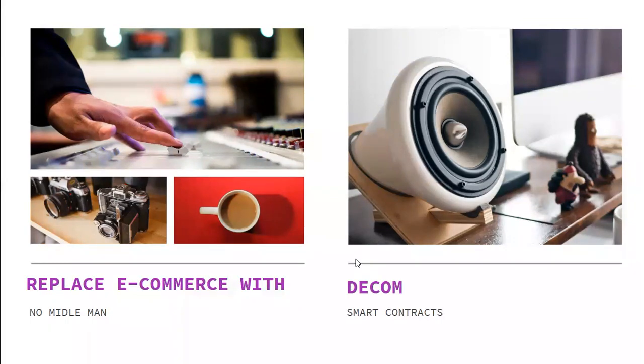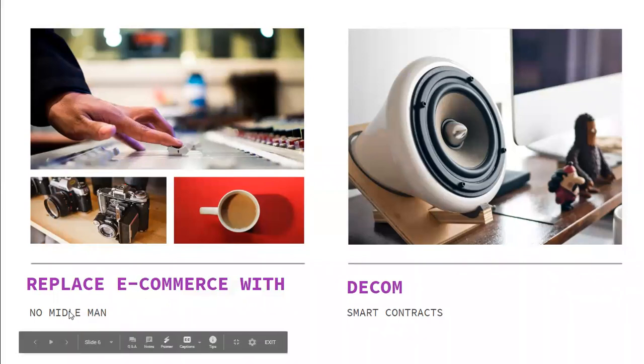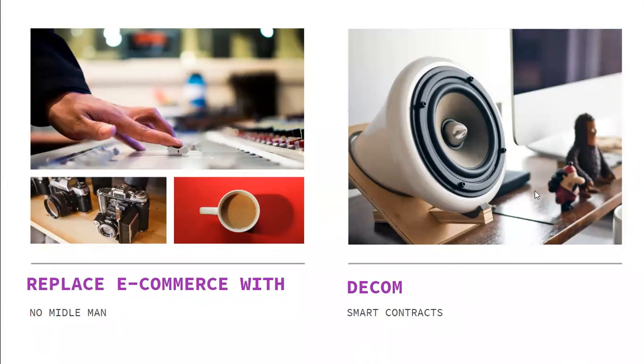So here I'm saying replace e-commerce as we know it without any middleman. Oh my God, I'm misspelling middleman. So replace e-commerce with smart contracts. So e-com becomes DeCom, just like we have DeFi. I'm saying that we can have decentralized commerce on the Algorand blockchain or any